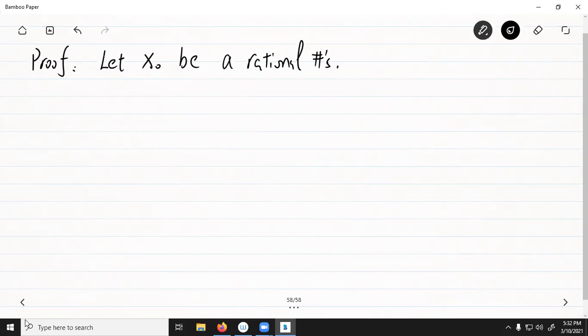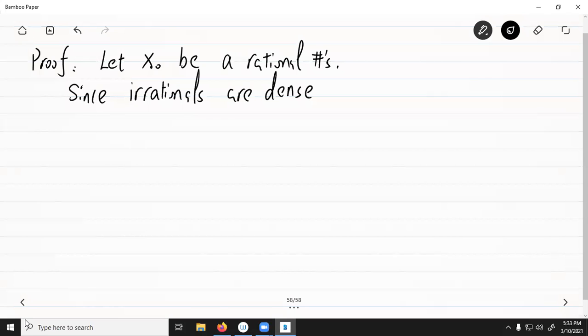Okay, so we want to give a specific sequence. Since this x naught is rational, we need to play around with the irrational numbers, right? This is the first idea. Since irrationals are dense, this we have learned when we talked about sets. Irrationals are dense in R, right? Then